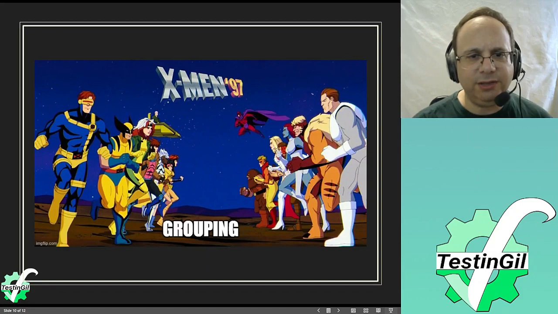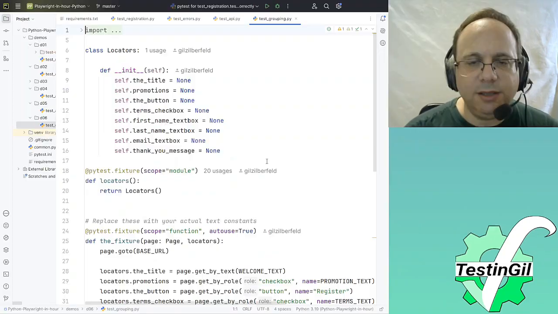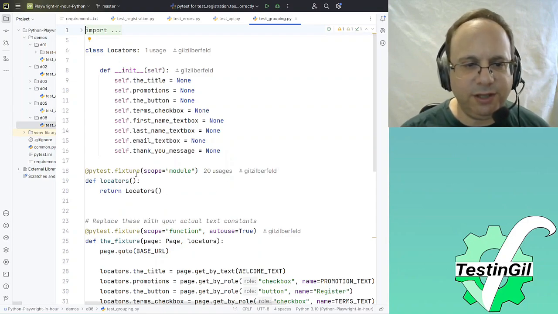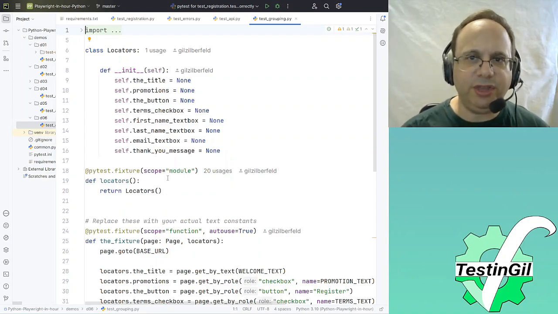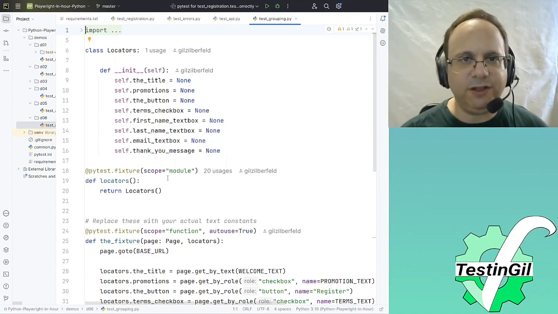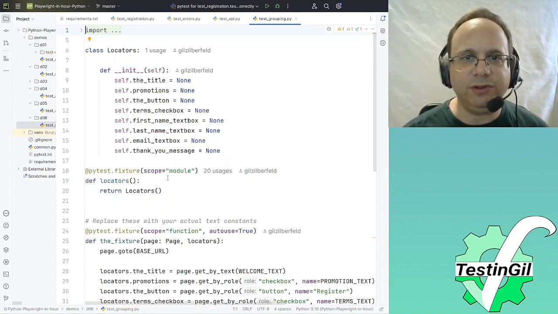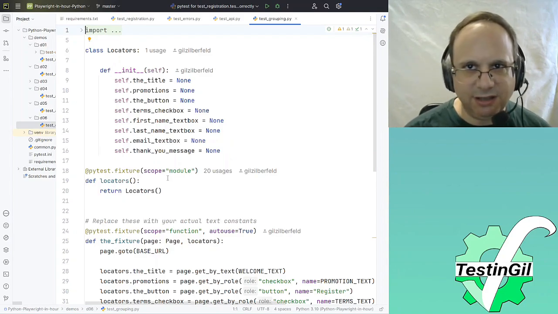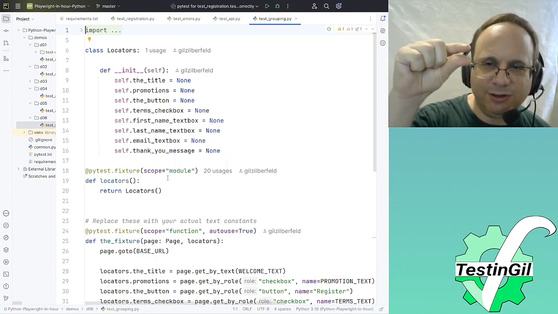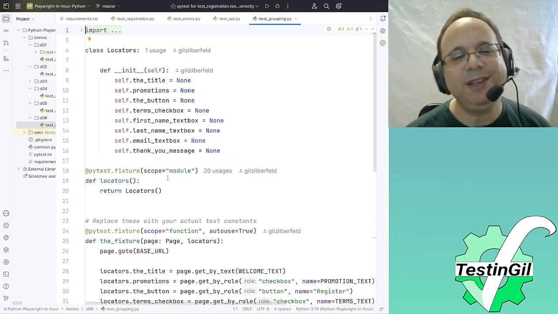How does this work with PyTest? So let's look. Usually you define a fixture and share things within it. A fixture really is a container for something that runs before and after our test: something before, something after.